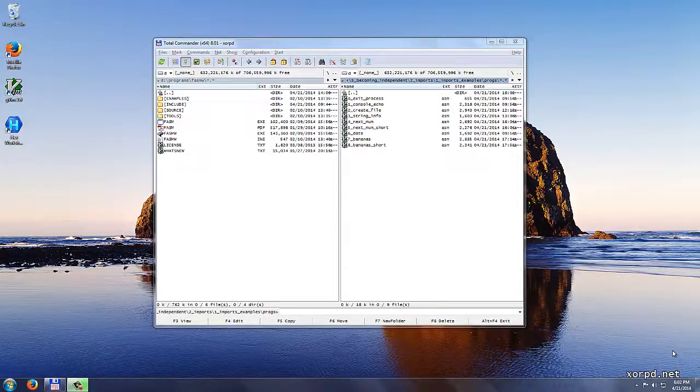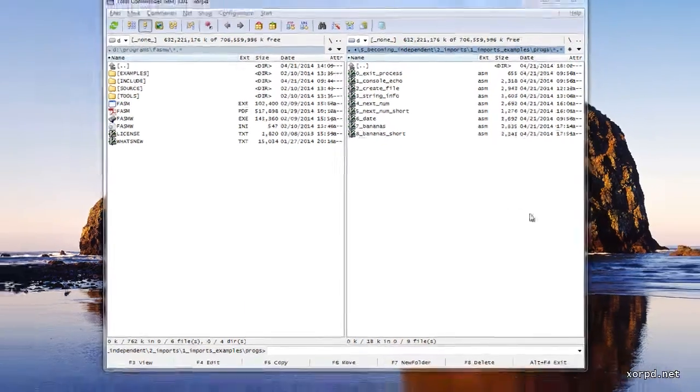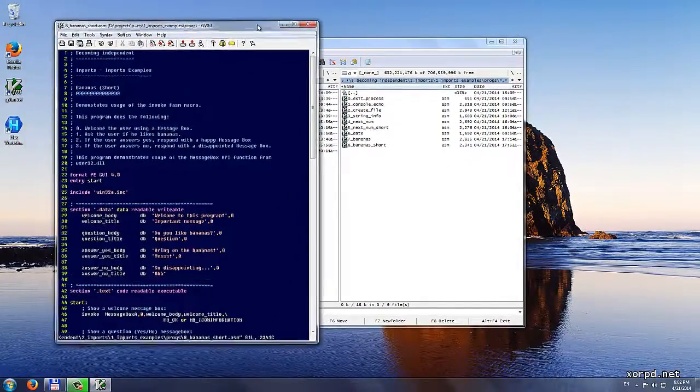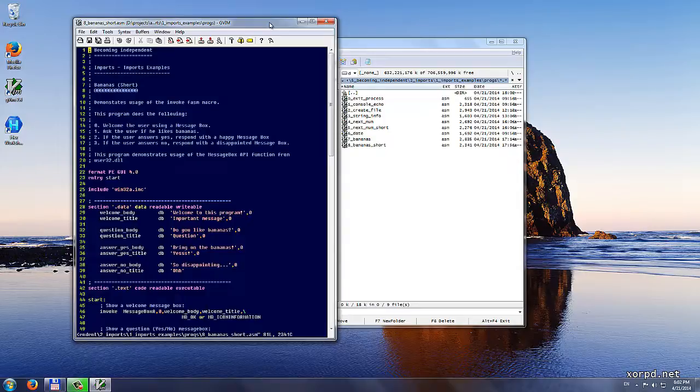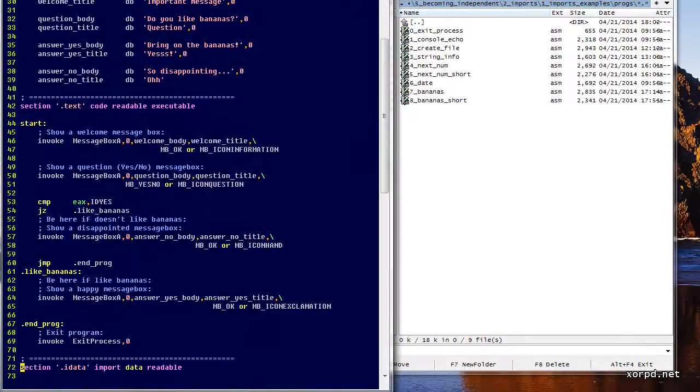I want to show an alternative way of writing bananas.asm. Let's take a look at bananasshort.asm. As you have probably guessed, this program is exactly the same as bananas.asm, and the only difference is the use